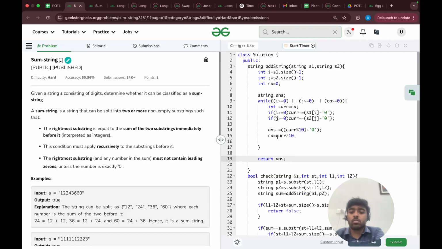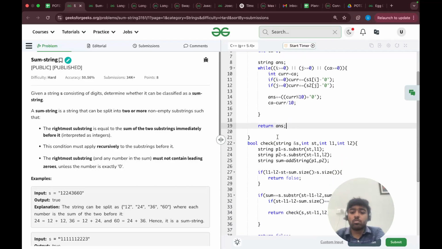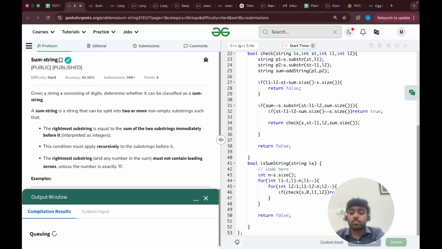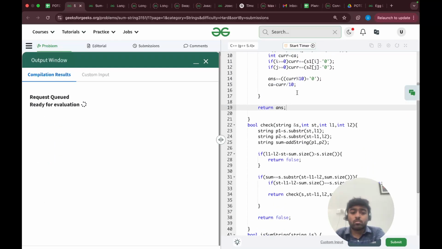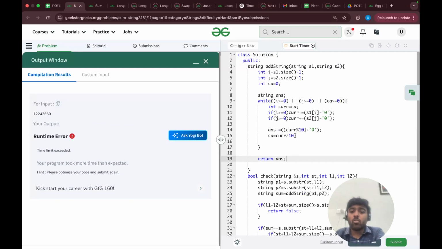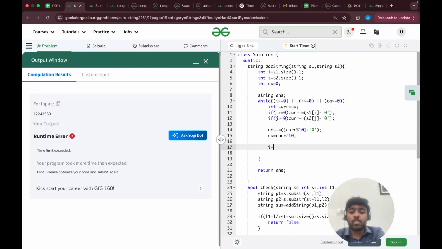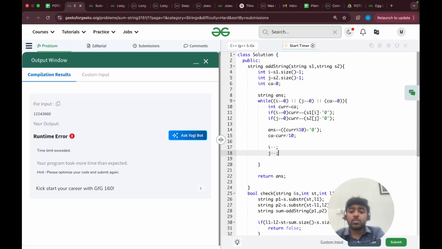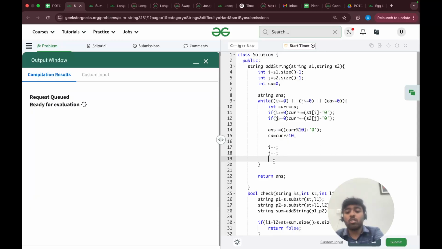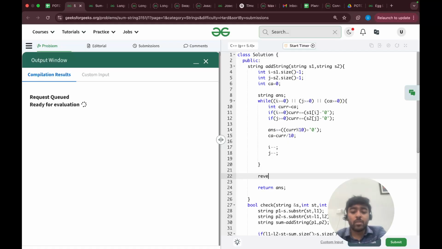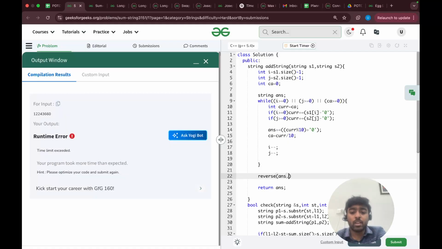Okay, so let's run it. We also have to decrease our indexes now, so i minus minus, j minus minus. Also we need to do one thing here, that we have to reverse our answer.